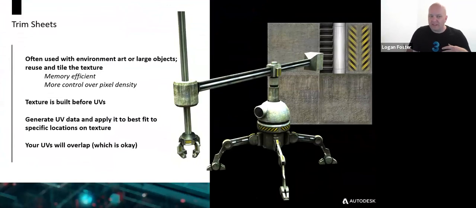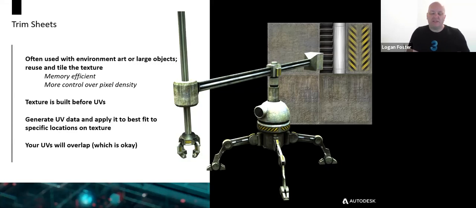Trim sheets is something you normally see with environment objects and very large objects. So if you've played a lot of MMOs, first-person shooter games, things like that, even a lot of film and VFX will use this idea of a trim sheet or UDIMs, in some cases, to also handle how you map a continuous tiling bitmap onto specific coordinates. And the whole idea of a trim sheet is you're just using the texture information that exists, that's been built for you, maybe it's photo reference, maybe it's something else. And you're taking the faces from your model, you're turning those into UVs,